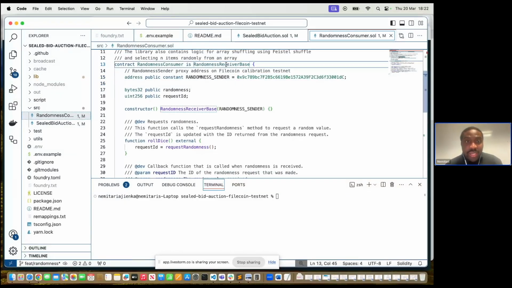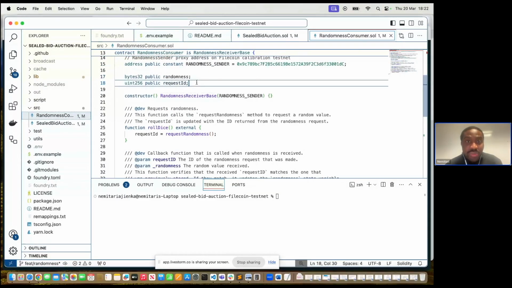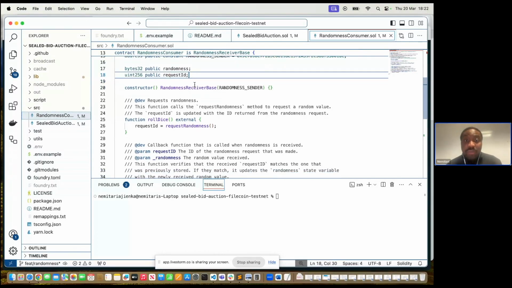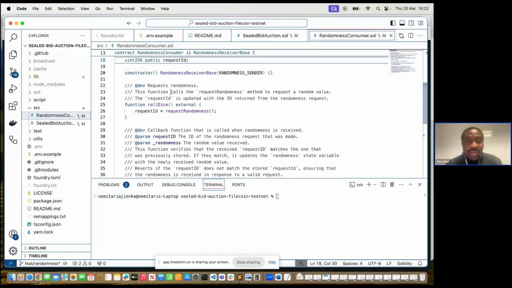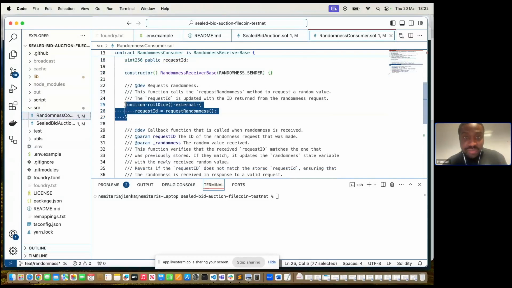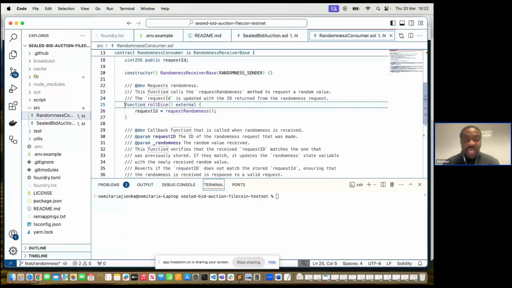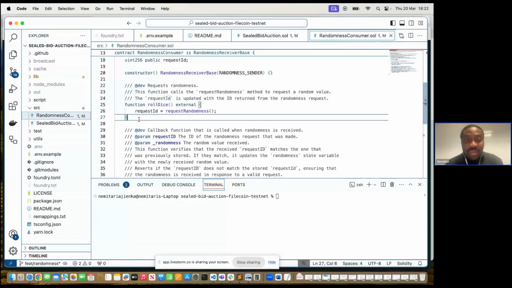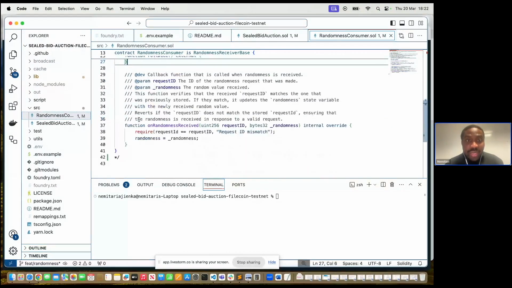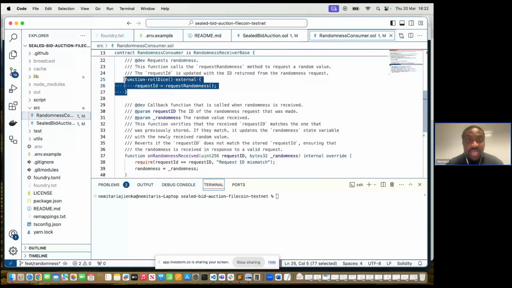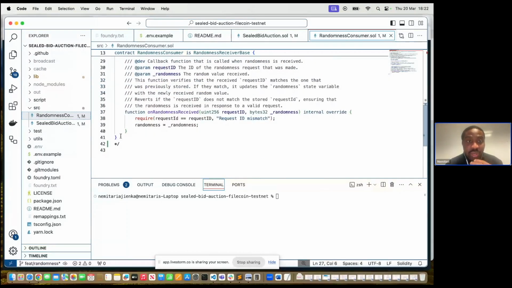And then we define two variables. So we're just keeping track of the randomness that we receive and the latest request ID from the randomness request. And then we have a roll dice function. In this function, we're just making a request for randomness, and then we get back a request ID as well. And when we make a request, in the next block we should receive a callback with the random